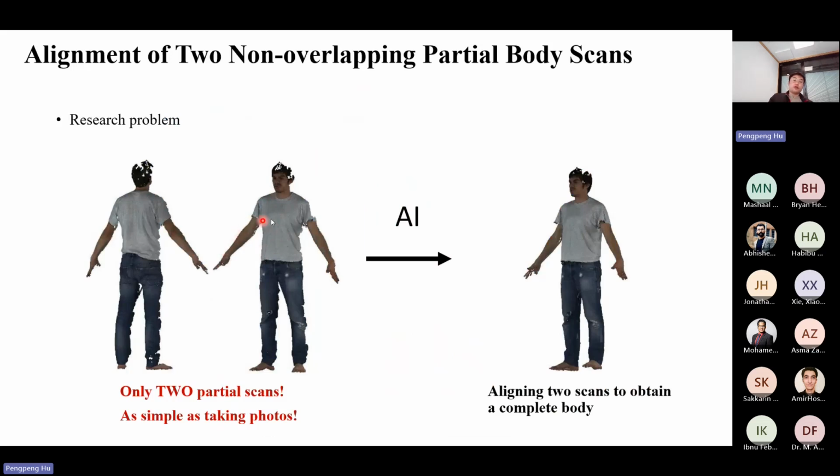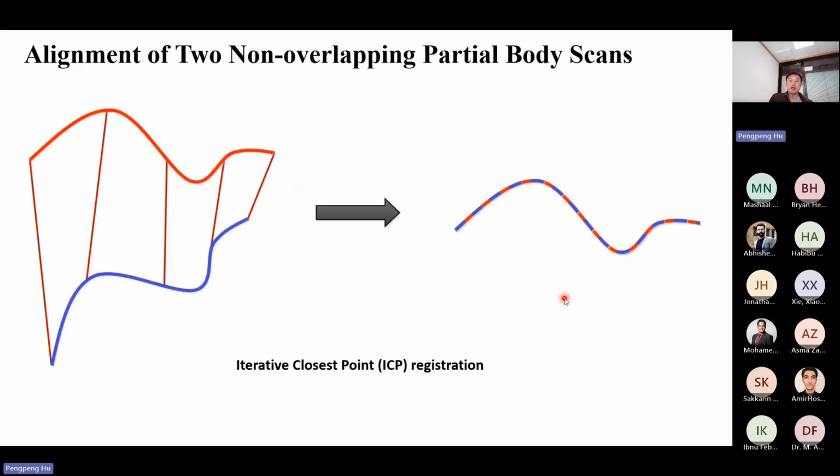So one is from the front view, one is from the back view. Once we have the two partial scans, if we can align them together and generate a complete body shape, then this can be done. However, this is not easy. Why? Because in the past 30 years, the previous method to do the registration is called ICP, or the